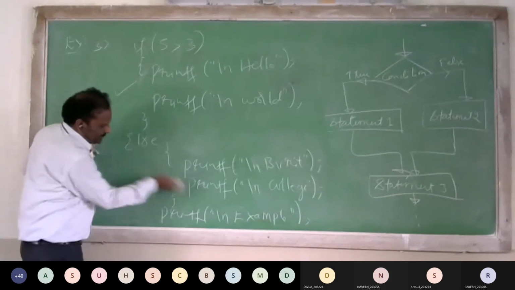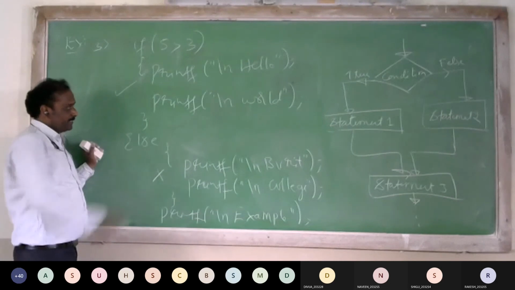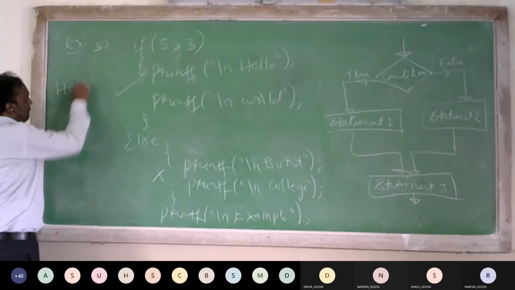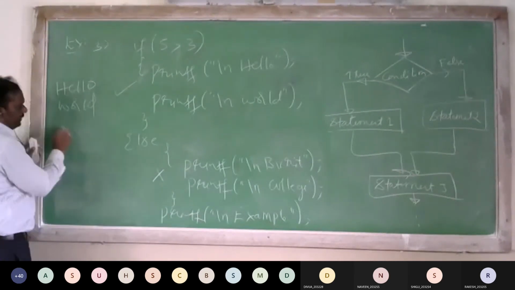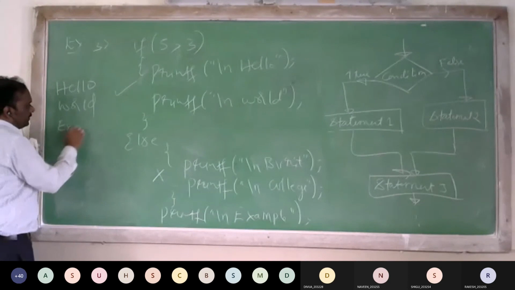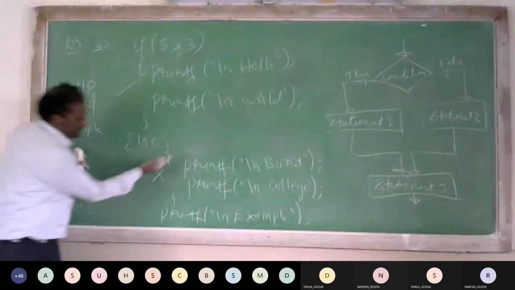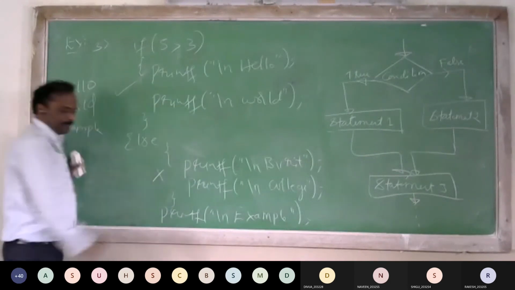This else I have written inside the flower braces, so this else block is not executed. Then the output will be hello world and example, because this entire else block is not executed.